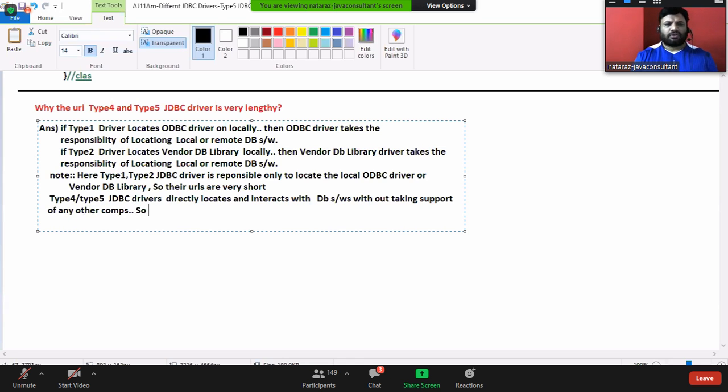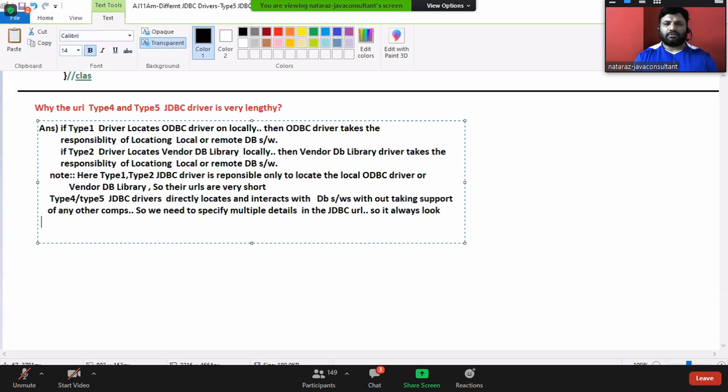So we need to specify multiple details in the JDBC URL. So it always looks very lengthy.